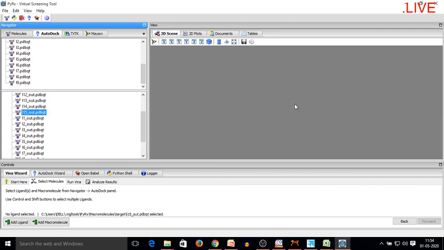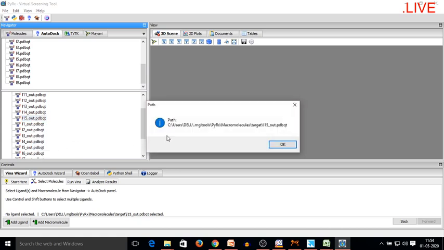So again what I did, I just selected the out file of my best molecule, pressed the right key and saw the property or the path.